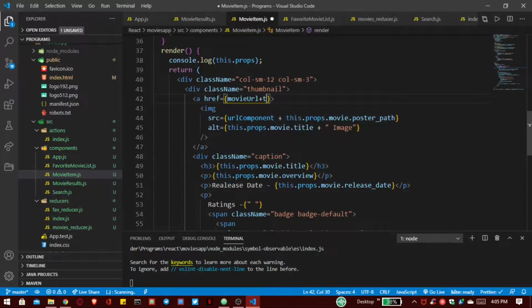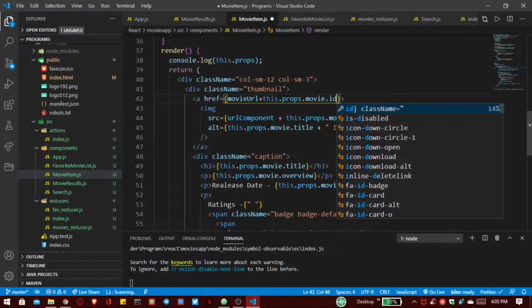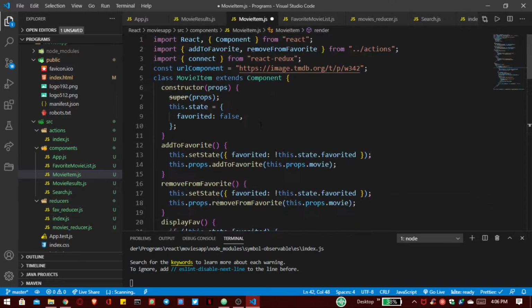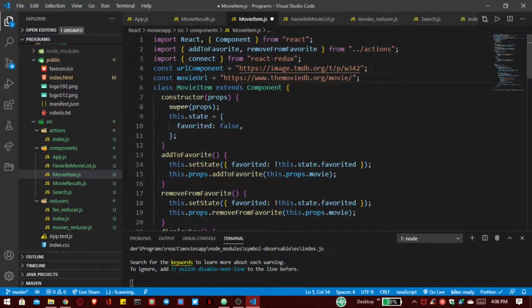And after that we have to put our movie ID by this. Now let's declare our variable movie URL here like this. You can get it from my description.